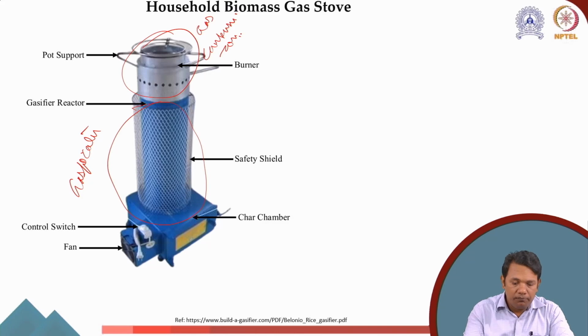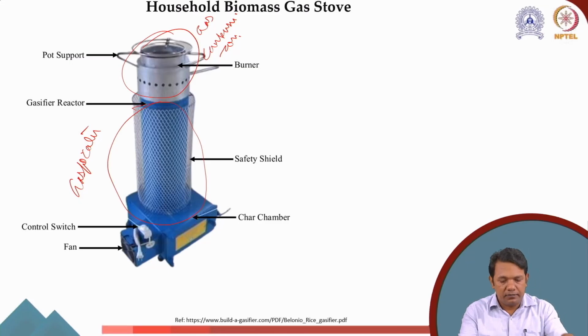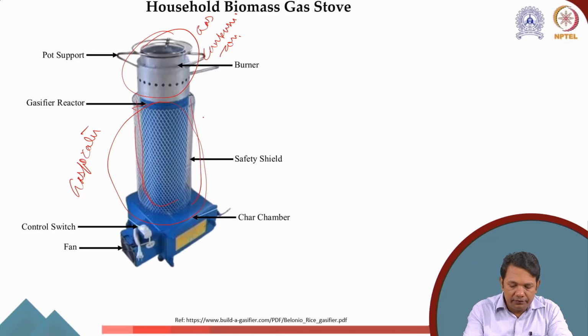Now if you look at herein, we have a gasifier reactor. We fill it with the biomass. Then we have a fan which supplies the air here, and we ignite it initially. We usually ignite from here, the biomass will get ignited. And then it will develop to a full gasification, and gradually the gasification zone will start going down, leaving behind the char.